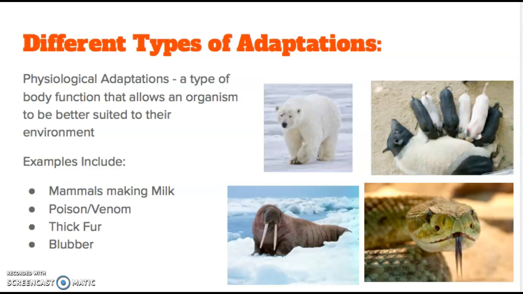And then blubber. Animals like the walrus down there or the polar bear, you could talk about whales, the animals that make more of that are able to live in a colder climate, which is unique to them. Talking about mammals for a second, the ability to feed your young and not have to hunt for your food for the babies is a really big adaptation that increases the chance of those mammals' survival,